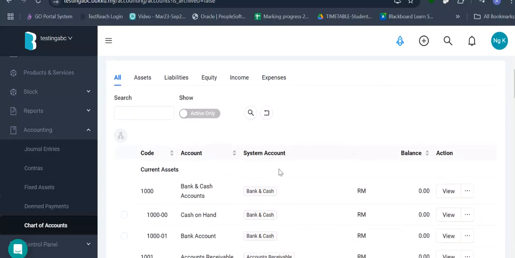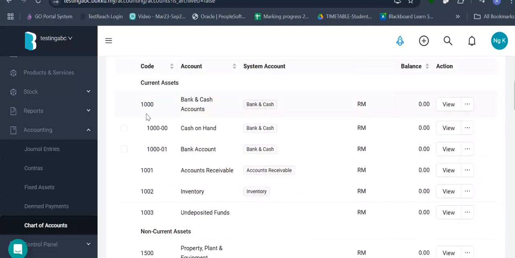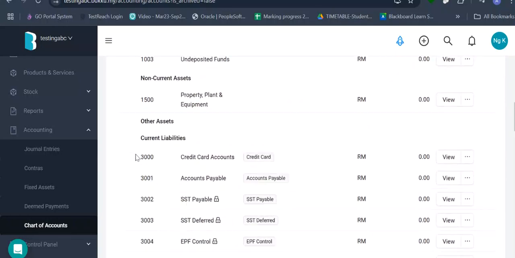But I intend to just go through the list with you. If you look at code 1, starting from 1000, code 1 is reserved for current asset. This may be different in other accounting software brands. Buku decided to do it like this. I know in some systems, code 1 is put to capital, code 2 to liability, and code 4 for revenue. I remember some of the brands I used last time did that. But Buku, no. Buku is code 1 for current asset.